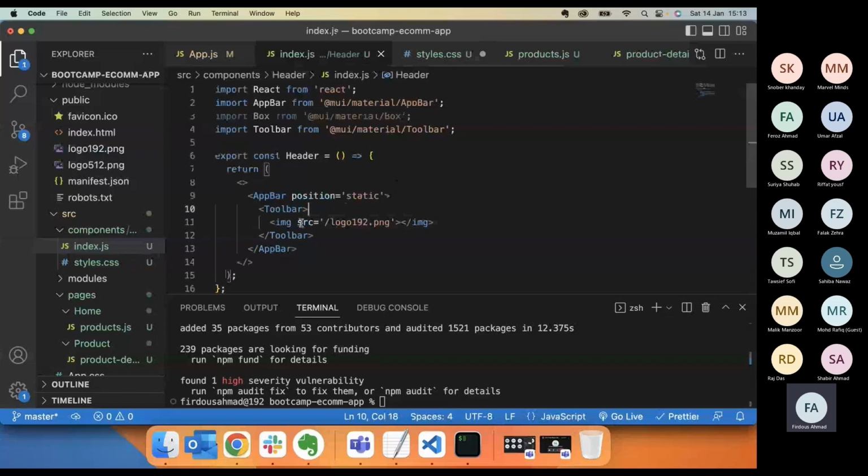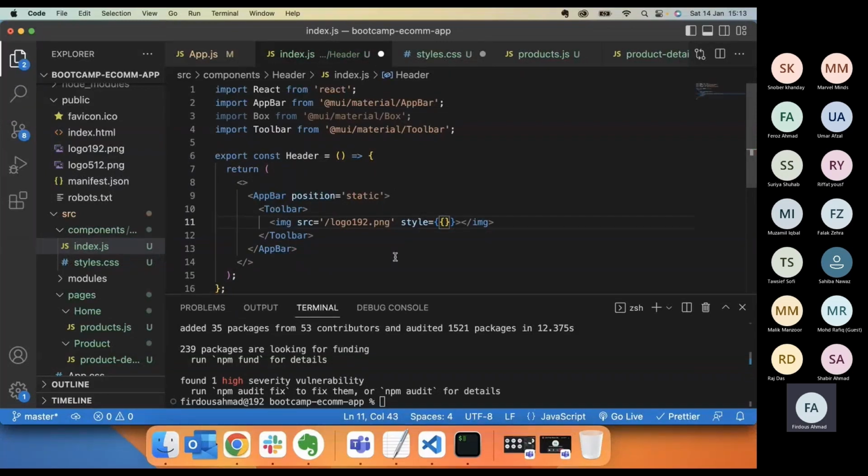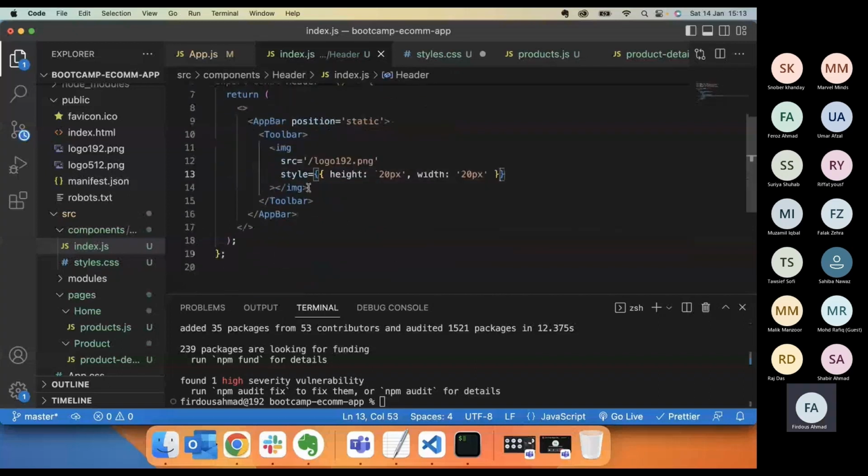Okay, and next important thing that you need to make sure is you are providing a style. Okay, और React के अंदर हम style को as an object यहाँ पे create करते हैं. Okay, it's not a string, it's an object. तो object कैसे बनता है, you will say this is the height colon let's say 20 pixel and this is the width, sorry. Okay, and colon 20 pixel. ठीक है, तो this would be